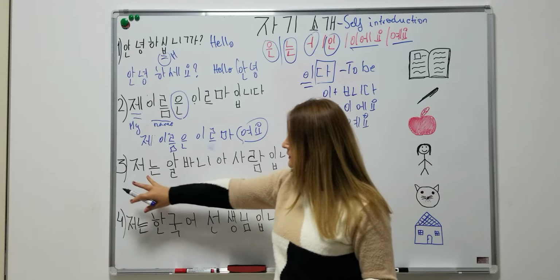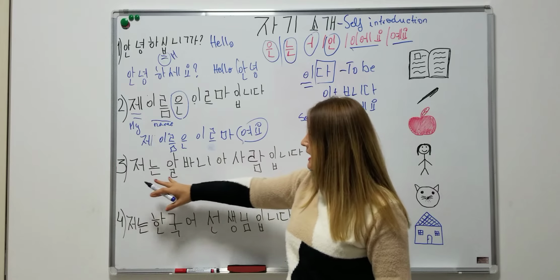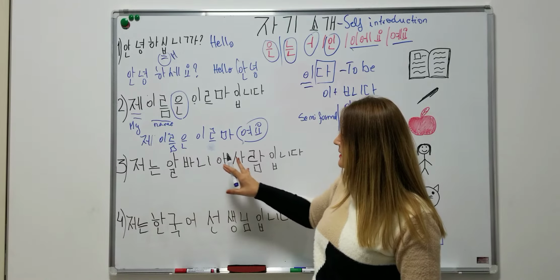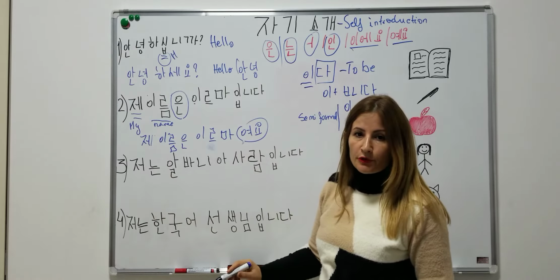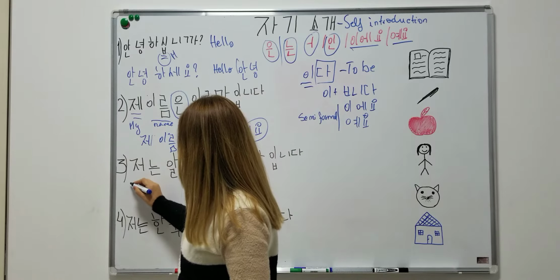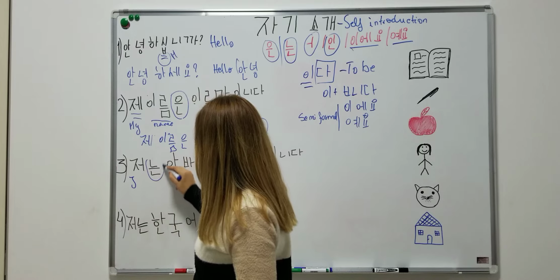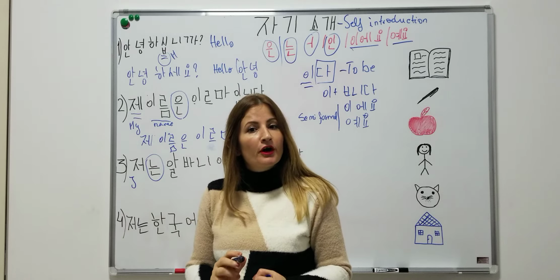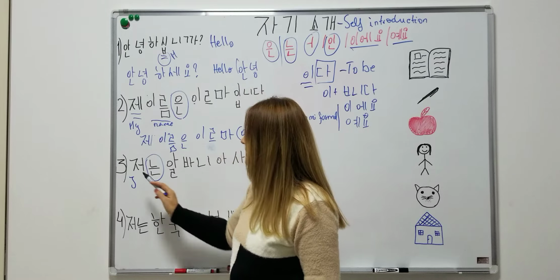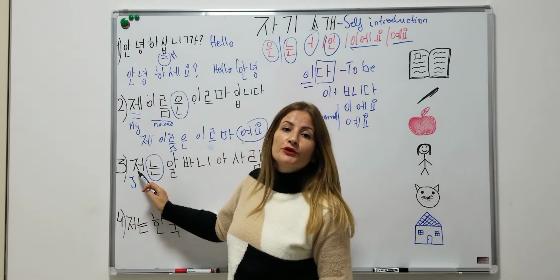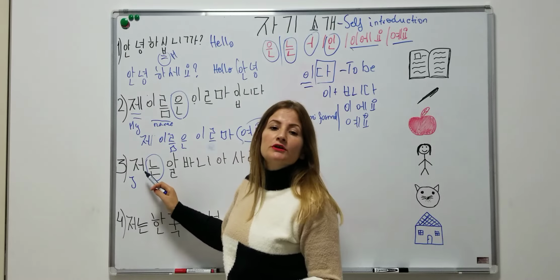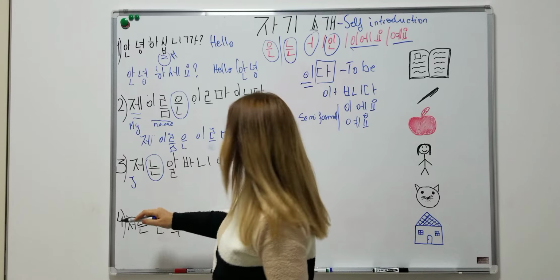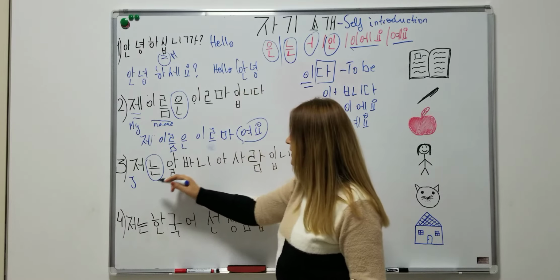Let's go on. 저는 알바니아 사람입니다. 저 is a personal pronoun, which means I. 는 is a subject particle. In this case, the subject or pronoun ends in a vowel, so we put 는. Okay? So 저는 알바니아